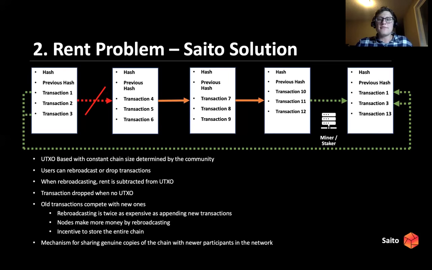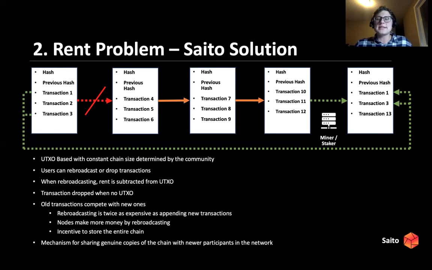And remember at the very beginning of the presentation, I said that normally data wouldn't be deleted off of the blockchain. This is how Saito sort of addresses that. So users can actually specify which data they don't want to have automatically rebroadcasted. And as a result, over time, that data would be deleted too.